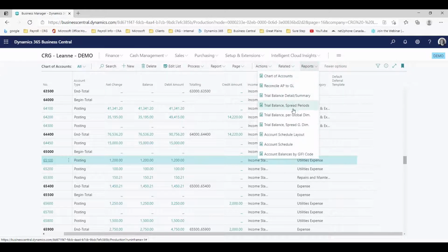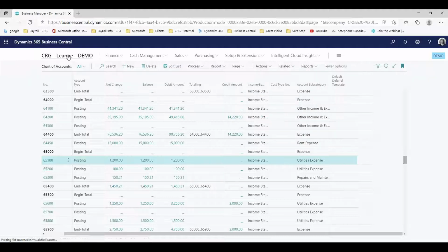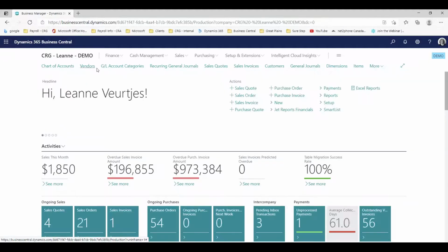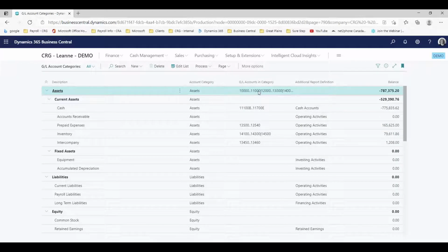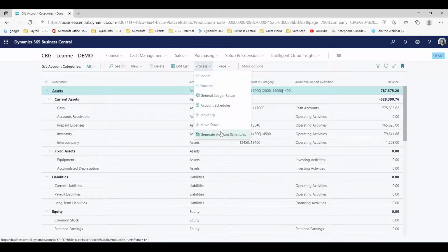As I mentioned, there's various different types of reports. There's trial balances, account schedules, things like that can be accessed right from this list page. If I was to go into the GL account categories, this is where the account type really starts to play into some of our reporting. So these account categories, the current assets, the fixed assets, all of those things, they align here. If I actually process and generate account schedules,